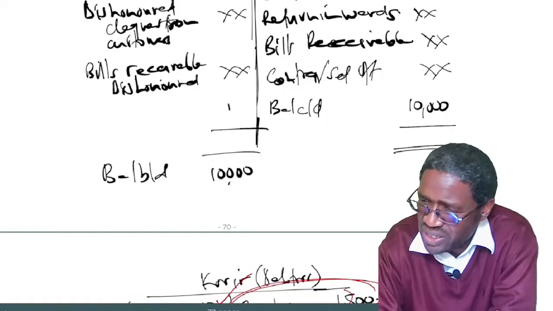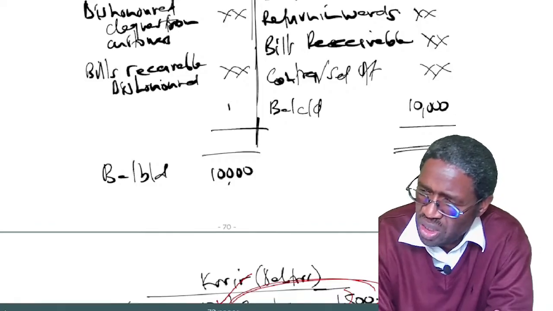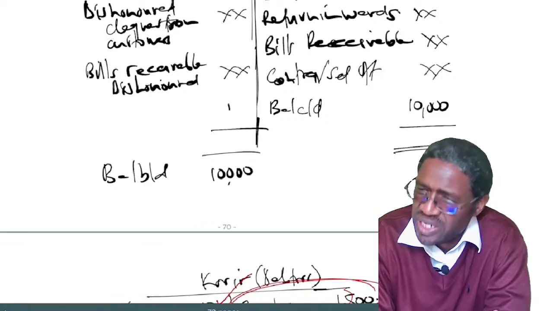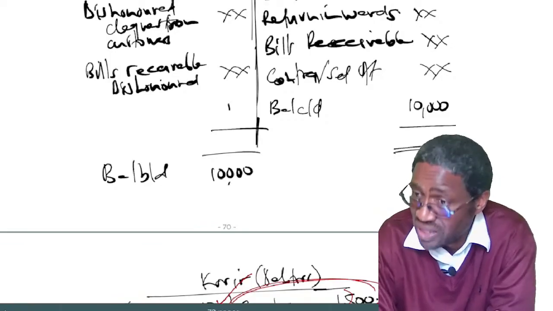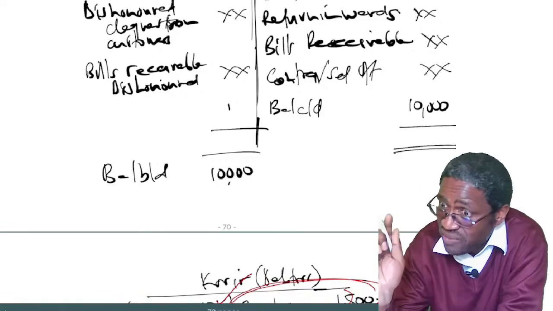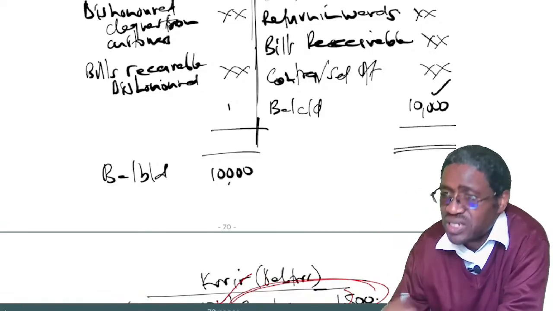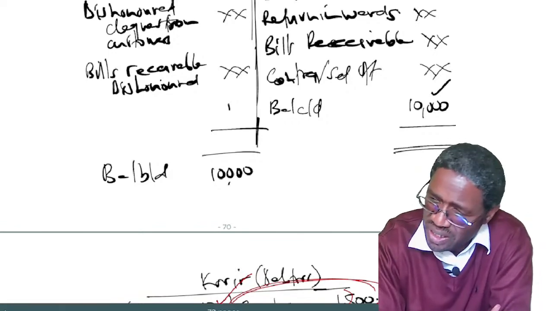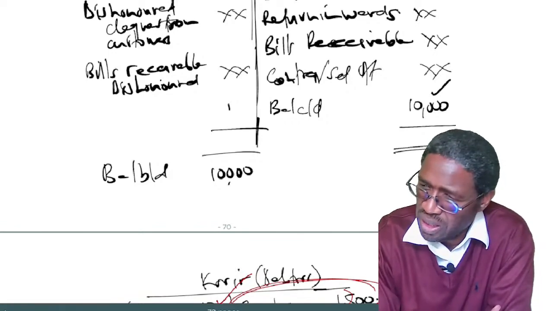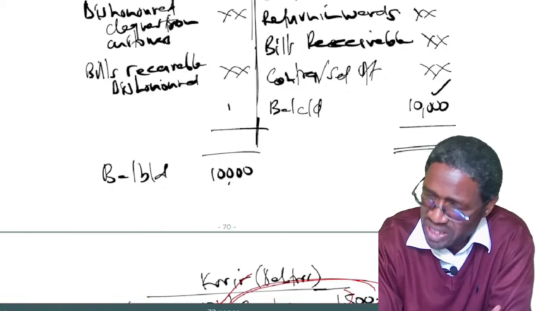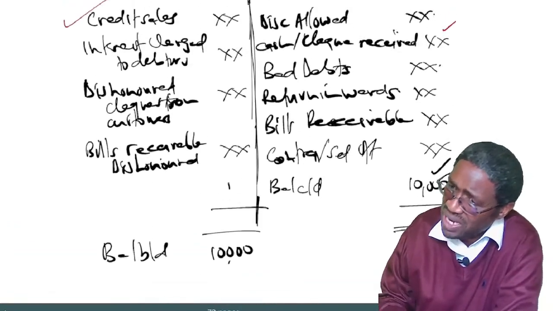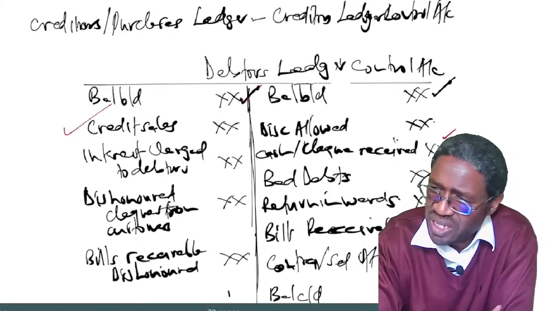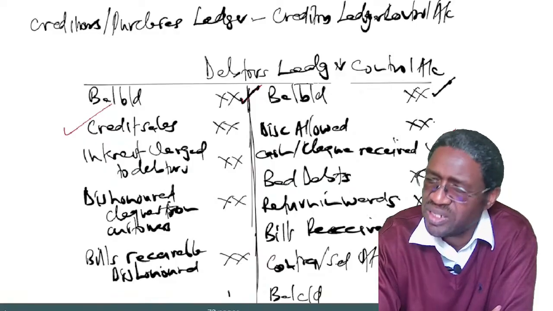So the point is, if you are told by the question that by the end of the year, the debtor's balance was 10,000 debit, first I have said carry it down on the credit side so that it will be brought down on the debit side to be reflected as a debit balance. Listen, for the opening balances, if we were told our debtors by the beginning of the year were 2,000 debit,